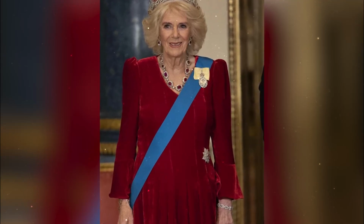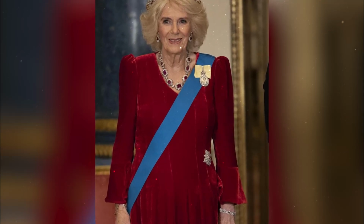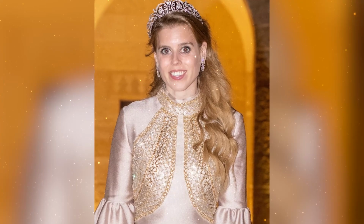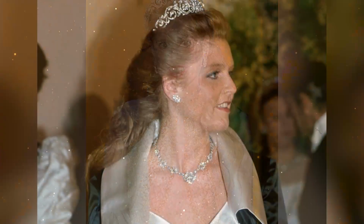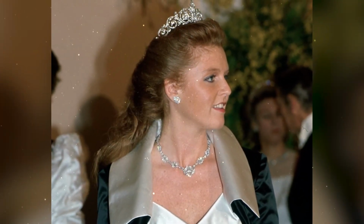Let us move on to the 1980s. A time of lavish weddings and new royal jewellery. 1980, the York tiara. This tiara became a symbol of another royal wedding of the 1980s. It was acquired by Queen Elizabeth II and Prince Philip, or commissioned from Garrard. The exact origin is debated, but Garrard is often mentioned as the creator, specifically for their new daughter-in-law, Sarah Ferguson, on the occasion of her wedding to Prince Andrew, Duke of York, in